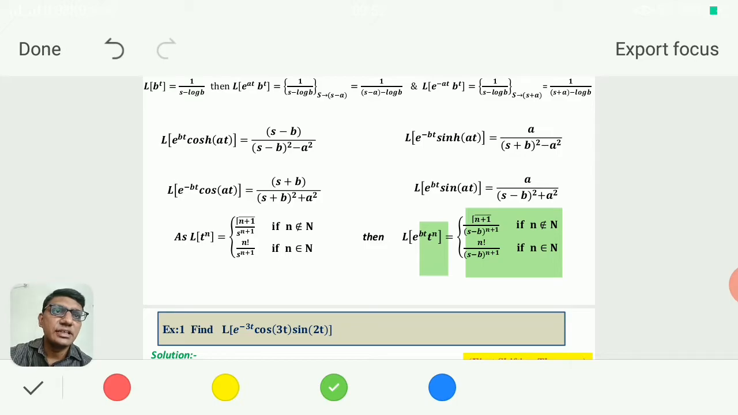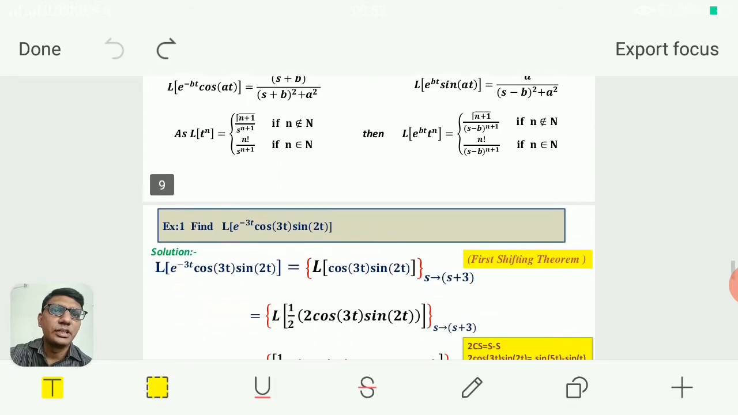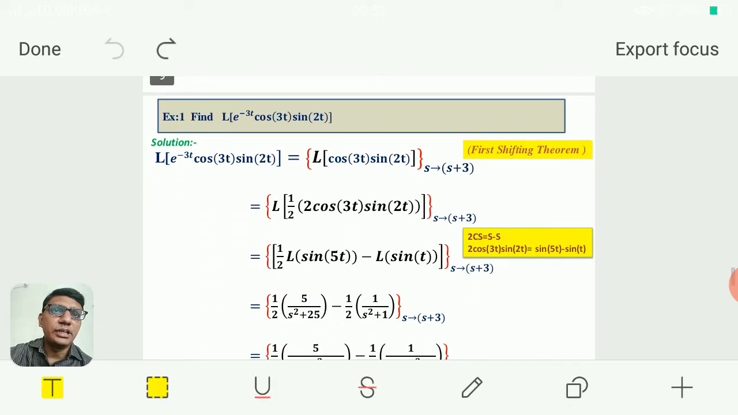We can see here s is replaced by s plus b only in the Laplace of t raised to n. So that is the first shifting property. Now we will see some basic examples of the first shifting property. Let us see Laplace of e raised to minus 3t